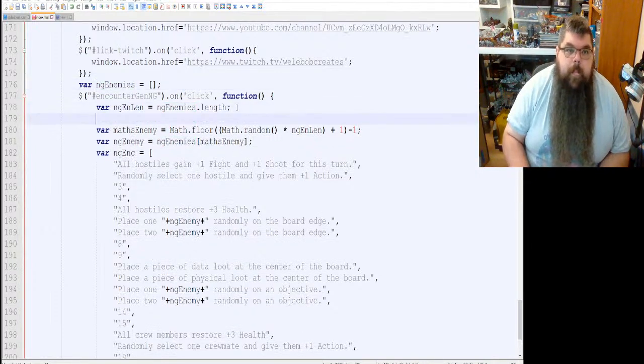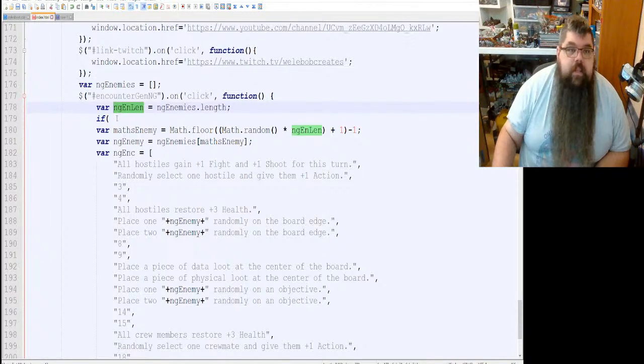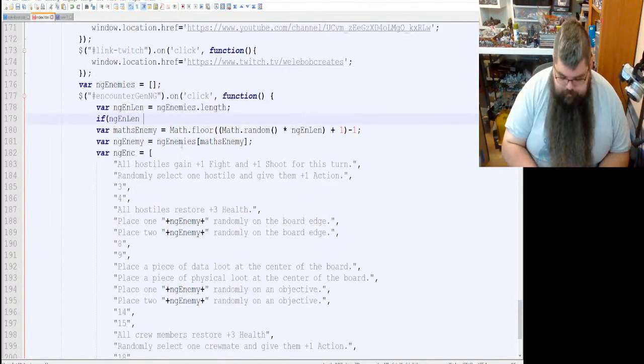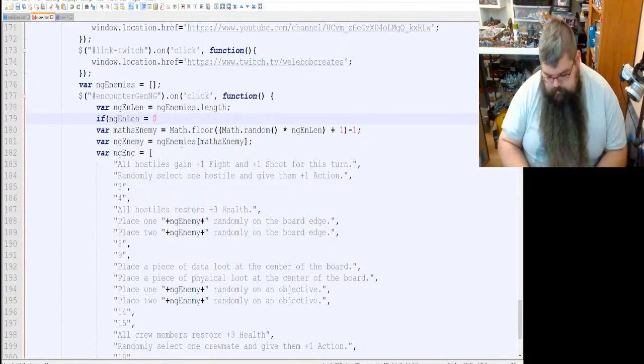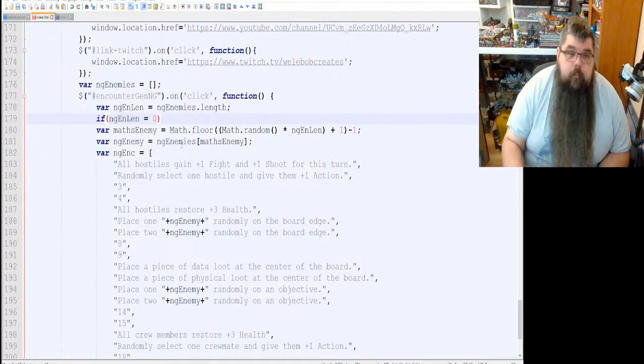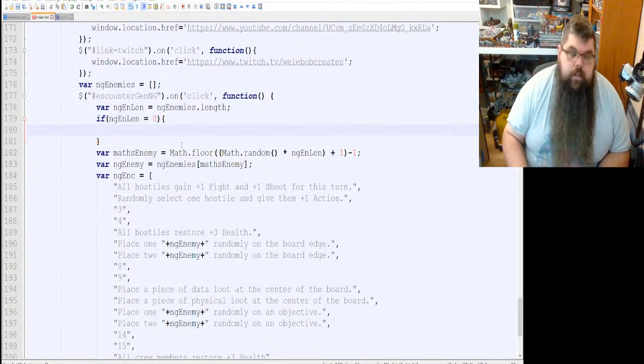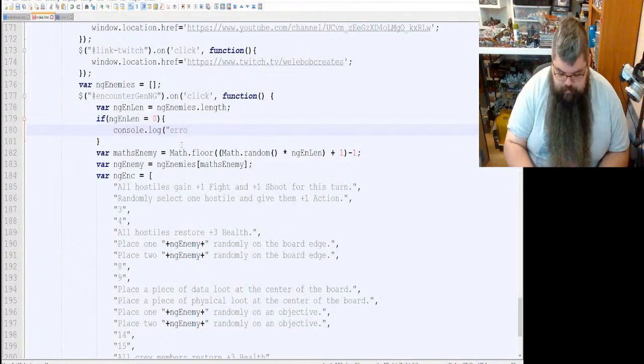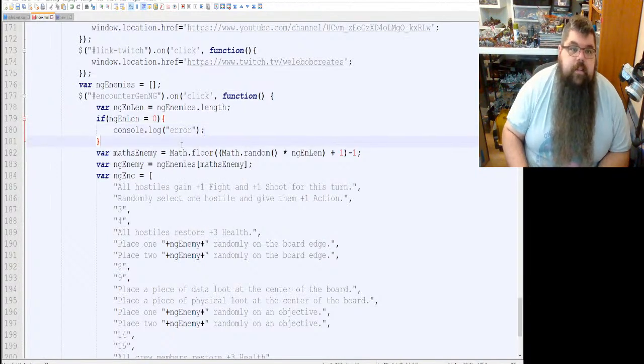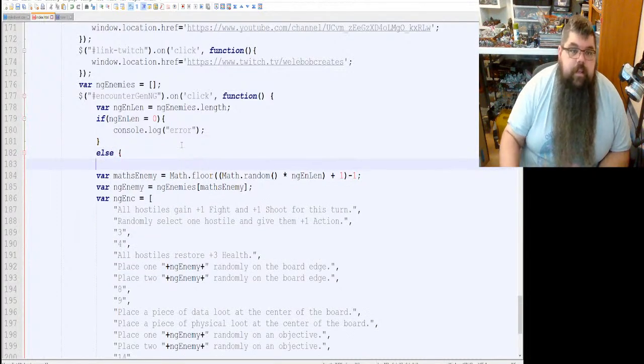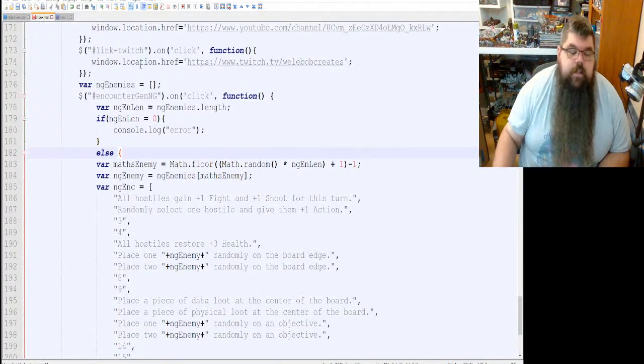So if NG enemy length equals 0, for now we're just going to make it a console log, but we're going to have an error display for that, and otherwise it's going to do whatever is in this function here.